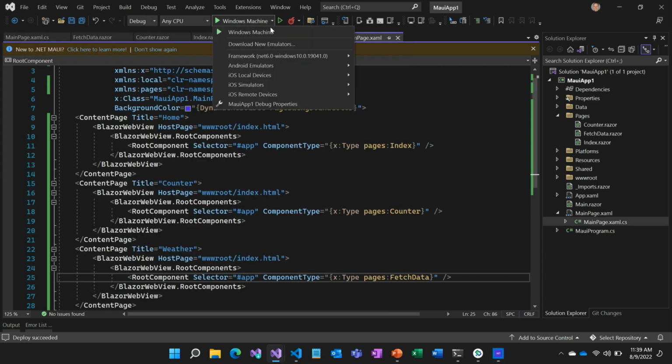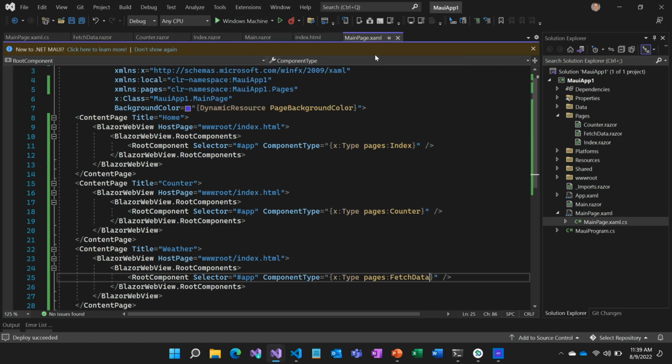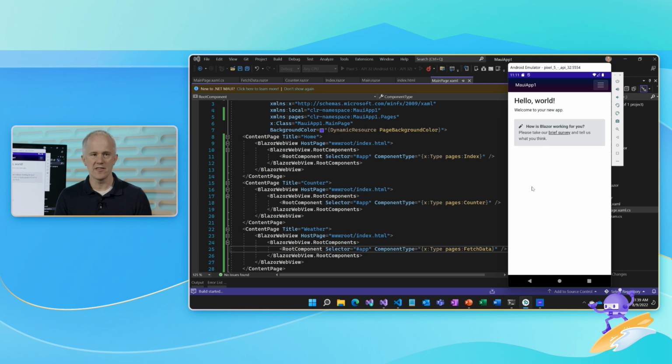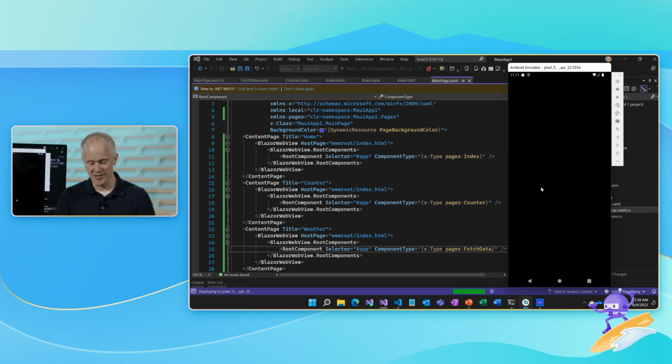Let's do this for Android as well, because I want you to see that it looks a little different on Android because you're going to get the Android look and feel. Android takes a second as well for it to build and run. So this is really nice that if there's a particular control that's specific to a platform or has a particular UI experience that you just want to reuse instead of having to try and recreate that using web technologies, then you can just use that native control. You have the flexibility to do that.